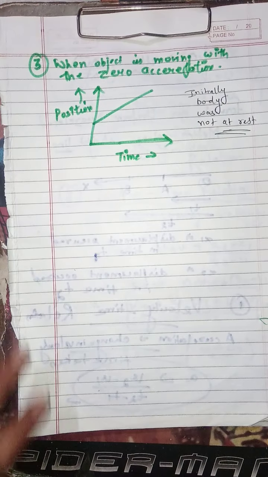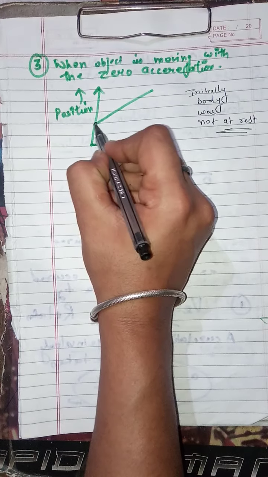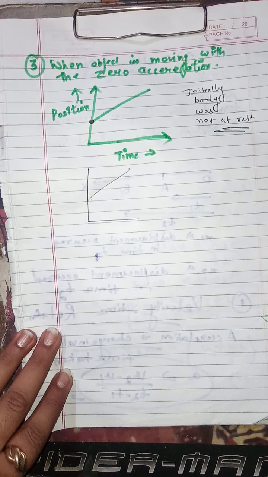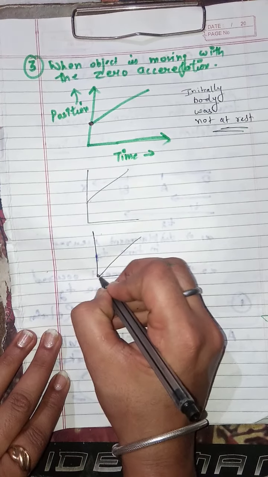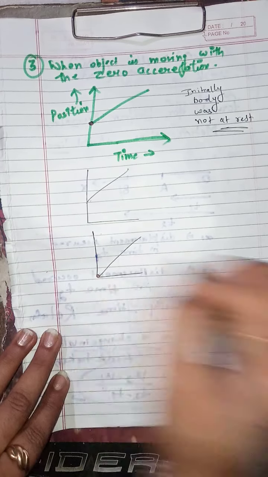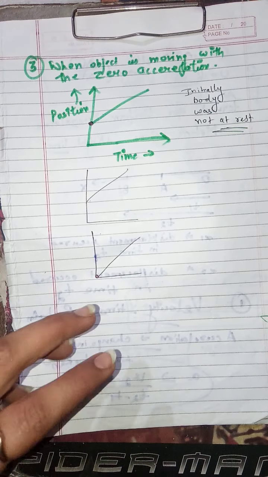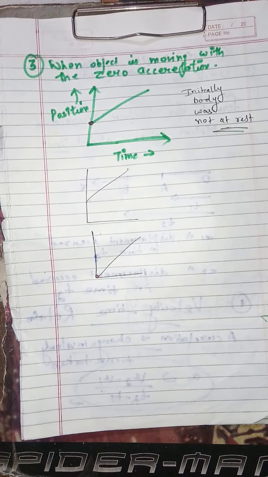कैसे पता चला ये फैक्ट? क्योंकि जो हमारा ग्राफ है वो यहाँ से शुरू है. Our graph has started from this point. If our graph is present in this manner, it has started from the origin of the xy axis. That shows that the body has started from the rest position, or the initial velocity of that body was zero. Therefore, we are done with this important topic, and we are going to continue with the next important topic.